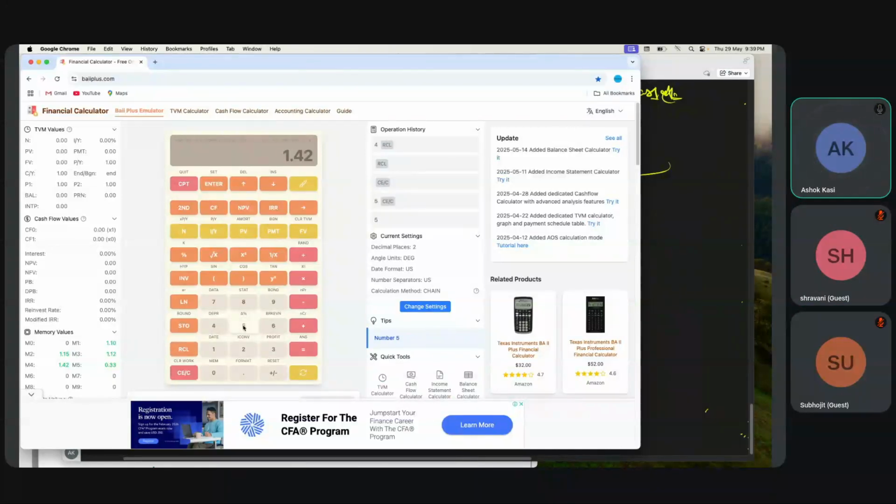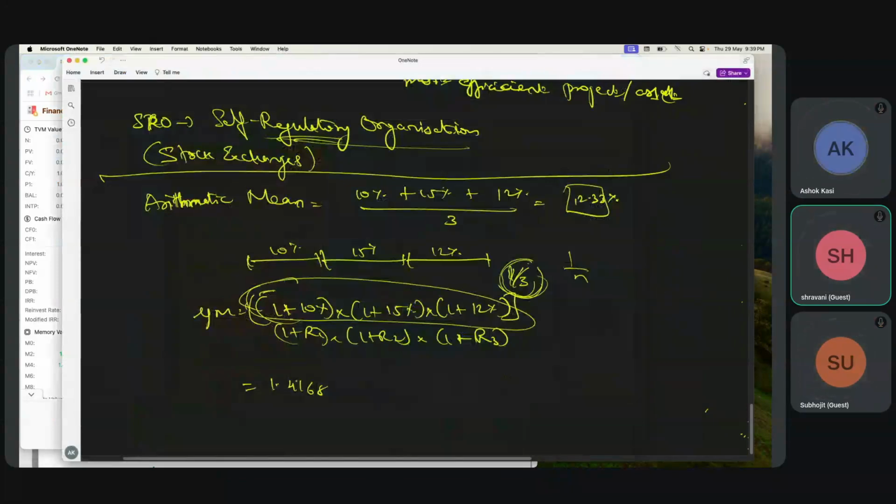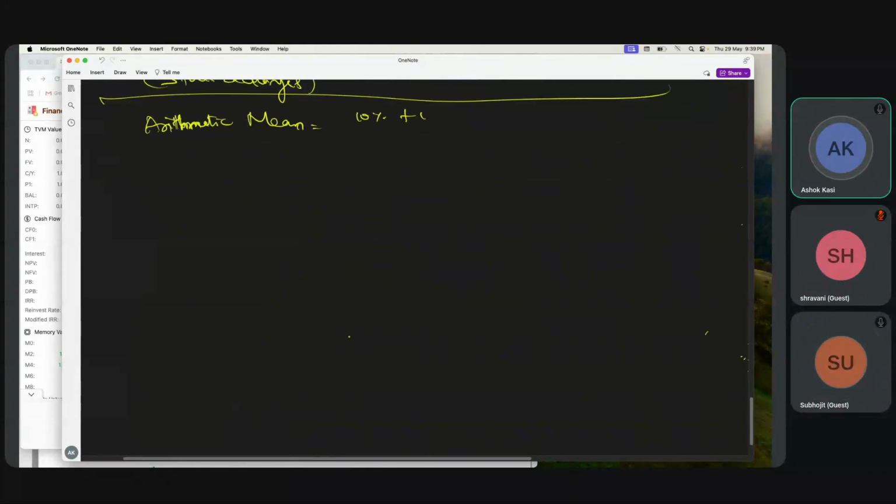Recall 5 will give me 1.12, 12 percentage. 1.12, are you getting 1.12? Yes, sir. Got it. Okay, so this is raised to 1 by 3, that is equal to 1.12. Now, what do you mean by this 1.12? 1.12 means it says,